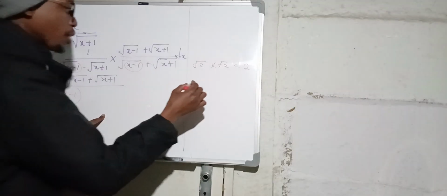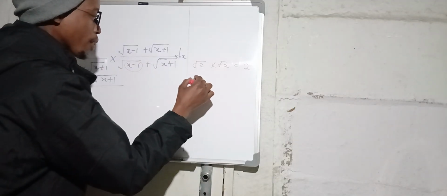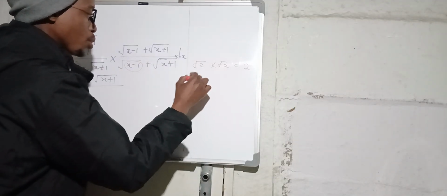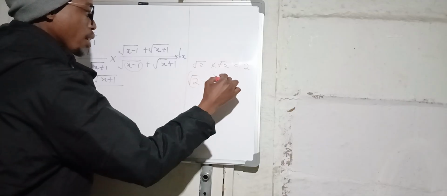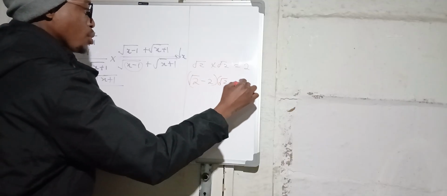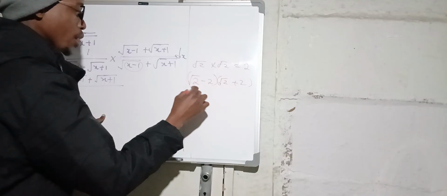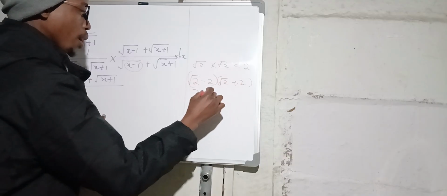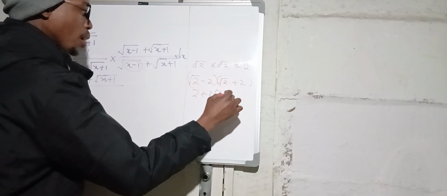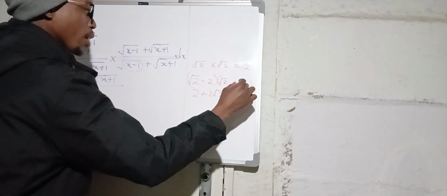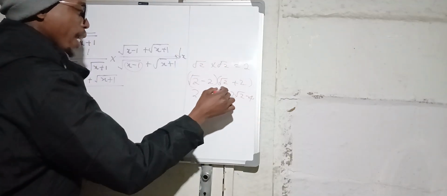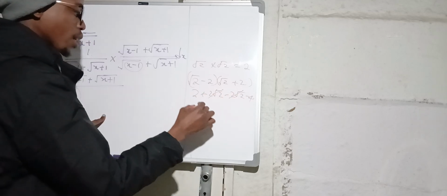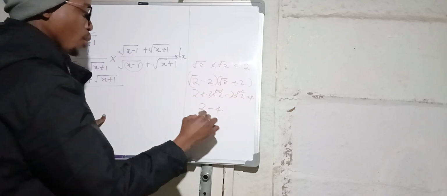If you remember well, when we had 2 root 2 minus 2 and then root 2 plus 2, we ended up having a 2, then a plus 4 root 2... sorry, that was not 2, that was 4, then a minus 4. These two are going to cancel each other out, and we have 2 minus 4, which is going to give us